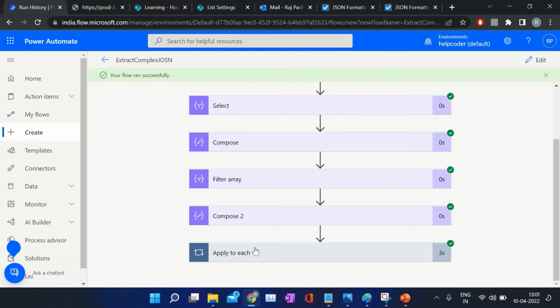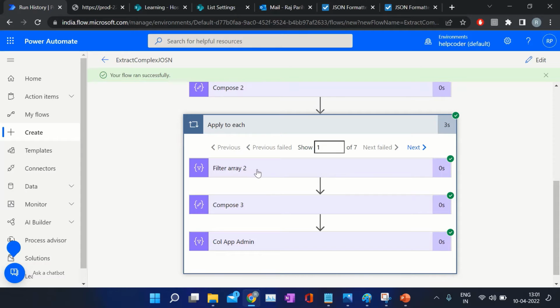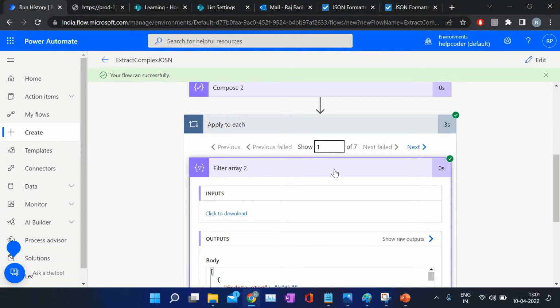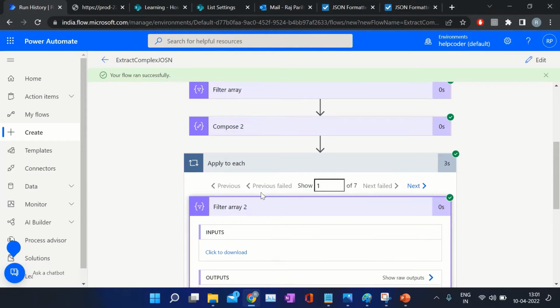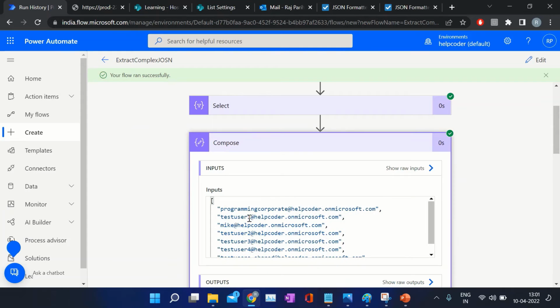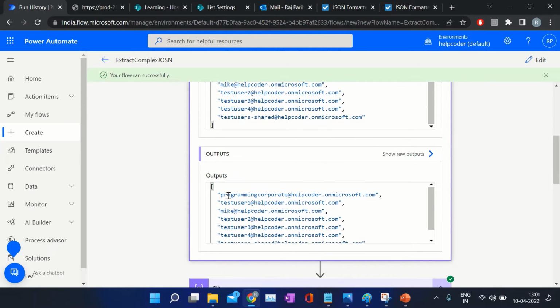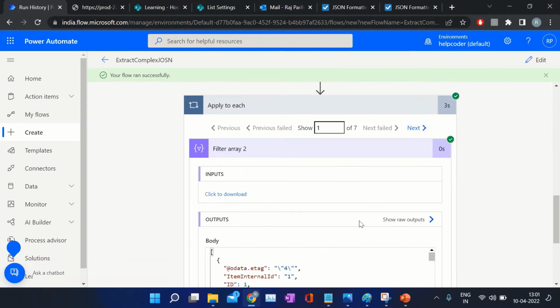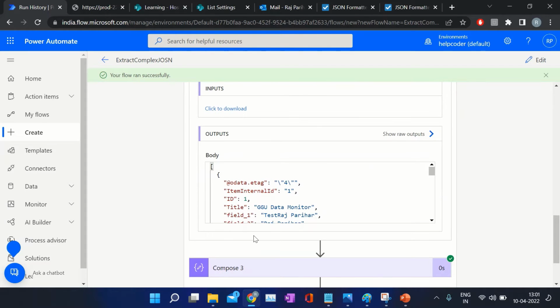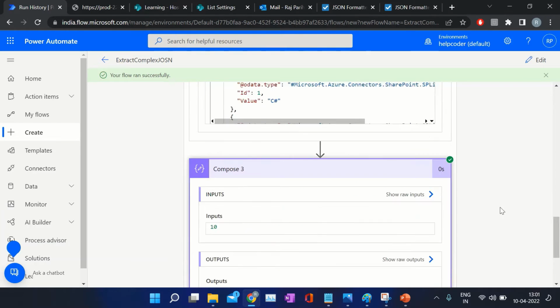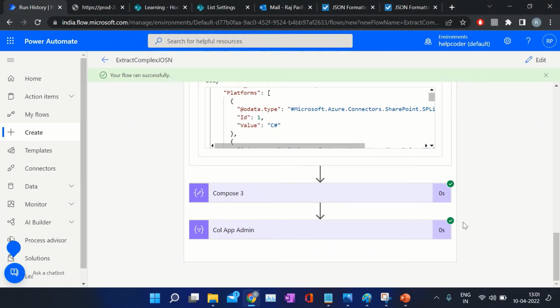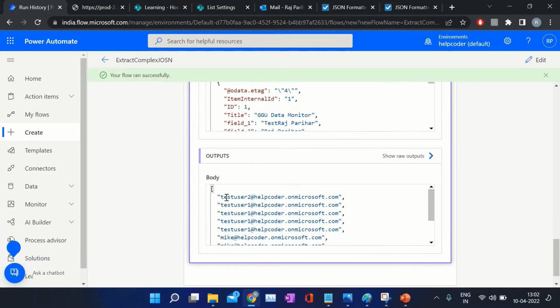Our flow ran successfully. For the first application owner, programming corporate, total hosted applications on server are 10. Out of 10, we have selected the